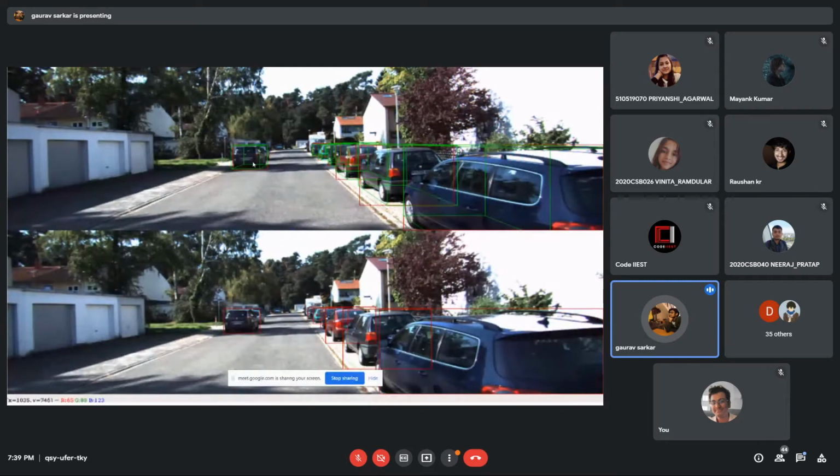Now, let's talk about the human brain, right? Say, suppose you got up one day and you start walking. So, what's the first thing that your brain processes? The first thing your brain processes is that there is an obstacle in front of you. Say, suppose the door of your room. You have to open that door, then you can walk further. Then suppose you get out of your house and start walking to the nearby shop. Say now while walking, an obstacle like a lamppost comes in front of you. Your brain knows that it is an obstacle. I have to avoid that, and you walk past the lamppost.